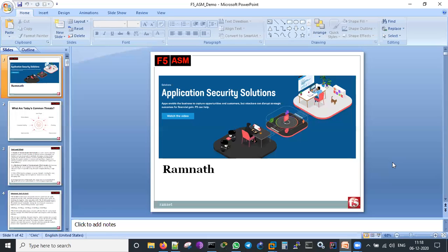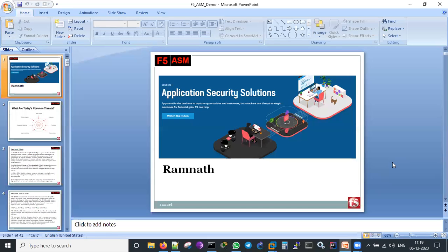I cannot say that any security solution is 100% sure, because day by day the attacks are increasing, and people cannot solve these issues: who is attacking, where the attack is coming from, what information is stolen. They themselves don't even know what is happening. And we are using a lot of VPNs also. How secure is a VPN? How do you know? So there are so many problems you are facing on the security side.